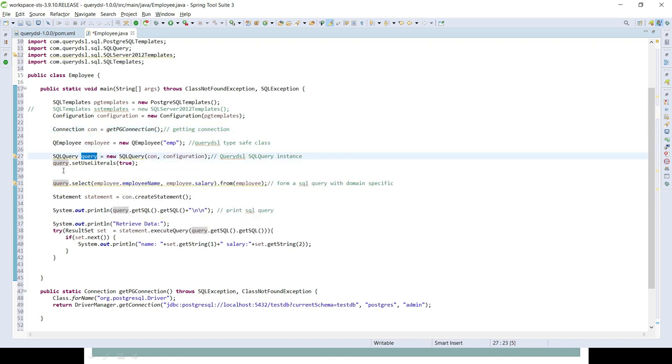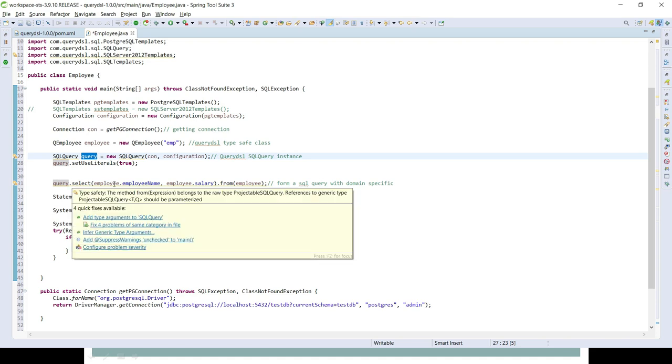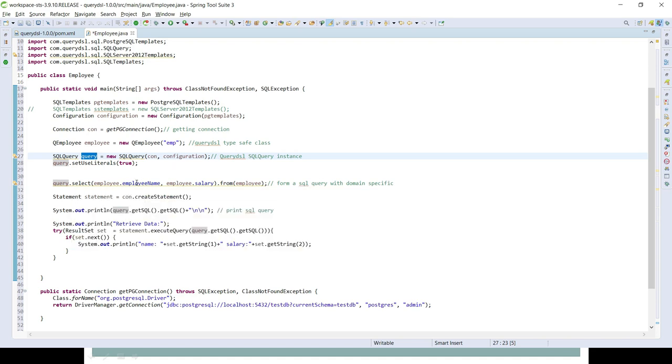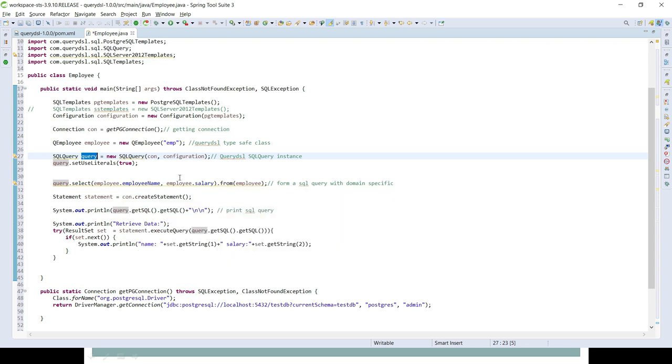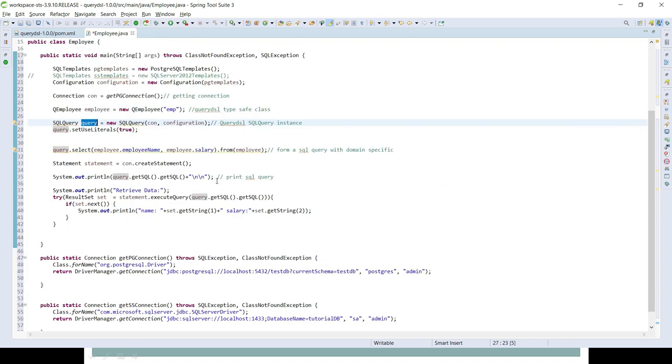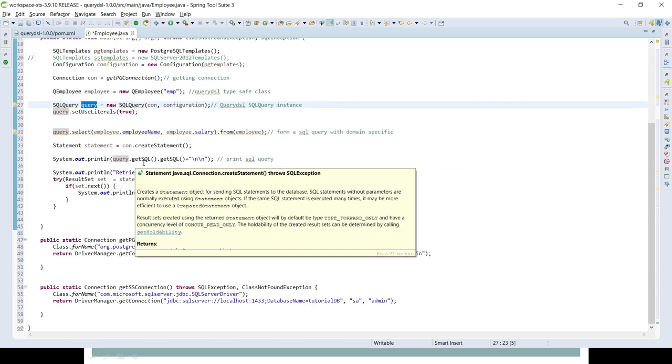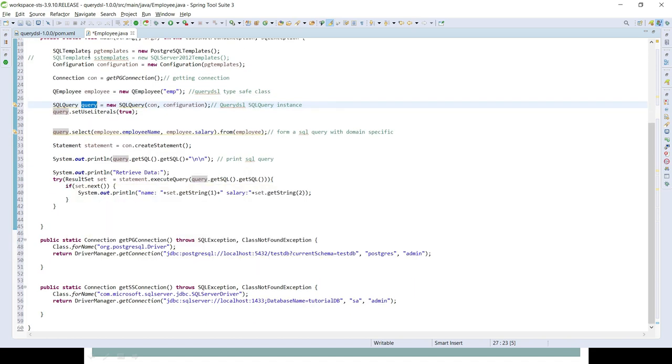From this SQL query instance, we will create the domain specific SQL query, similar to how we would create it for Postgre or SQL Server. Now I'm going to run this query and show you how this works.